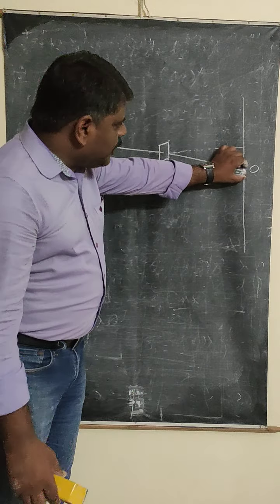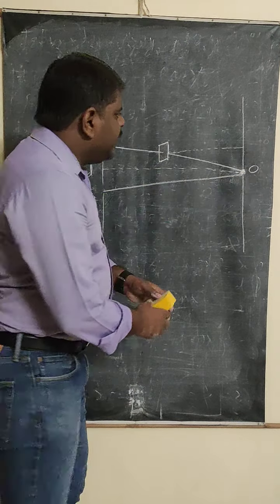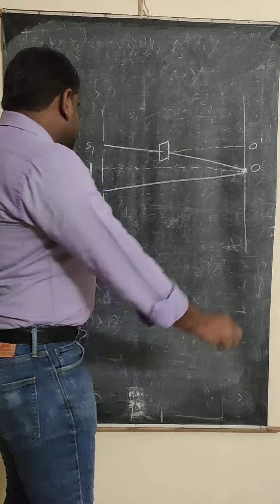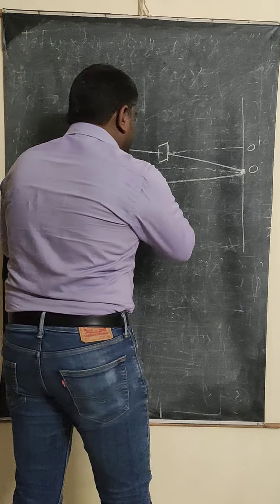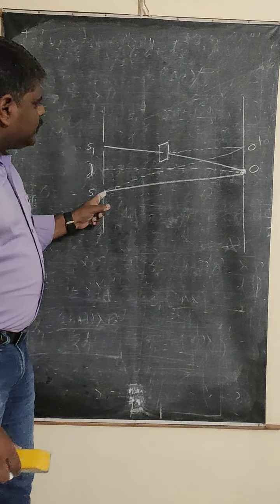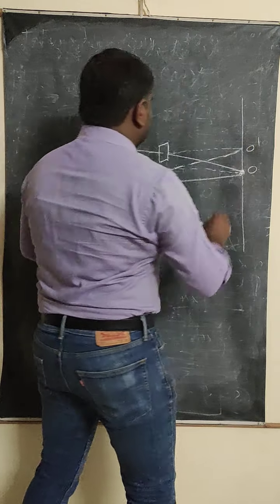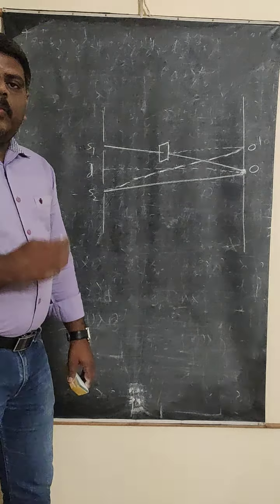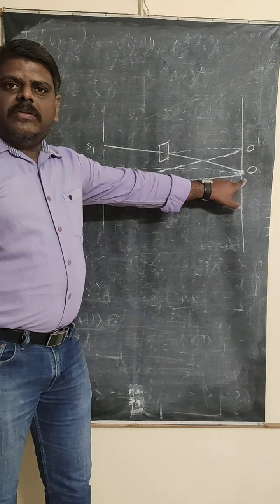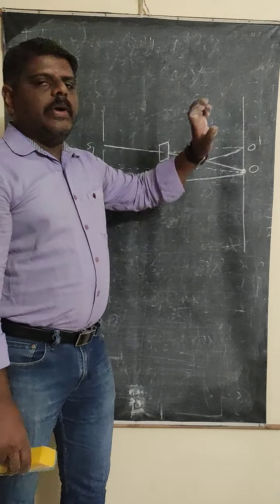That means due to this glass plate, instead of reaching the point O, the light is going to reach the point O dash. Then the light wave coming from S2 is also going to reach the point O dash. Now, where will the central band be produced? Will the central band be produced at the point O? No, the central band will not be produced at the point O. The central band will be produced at O dash.